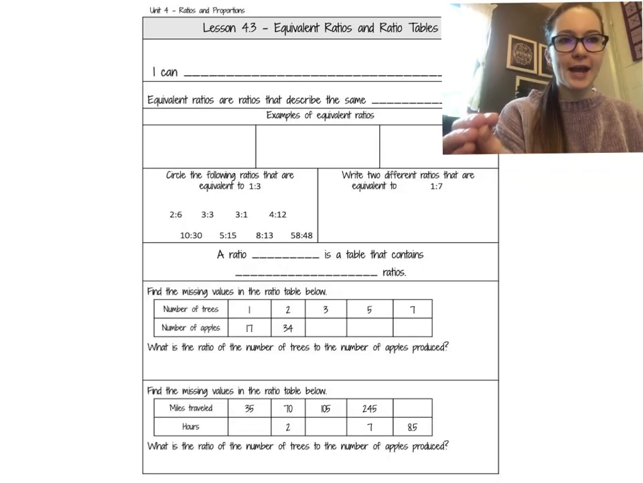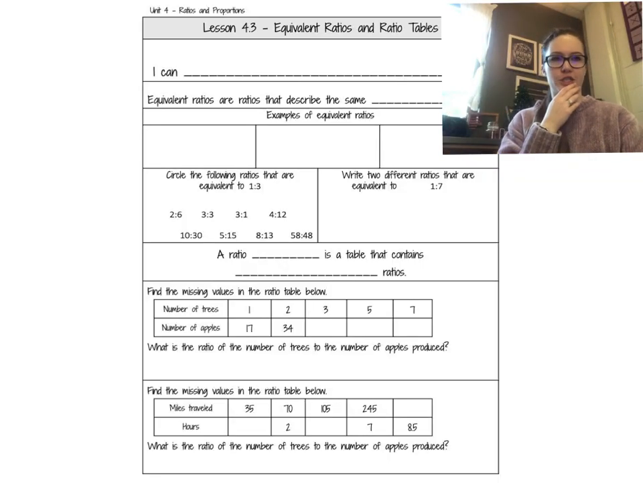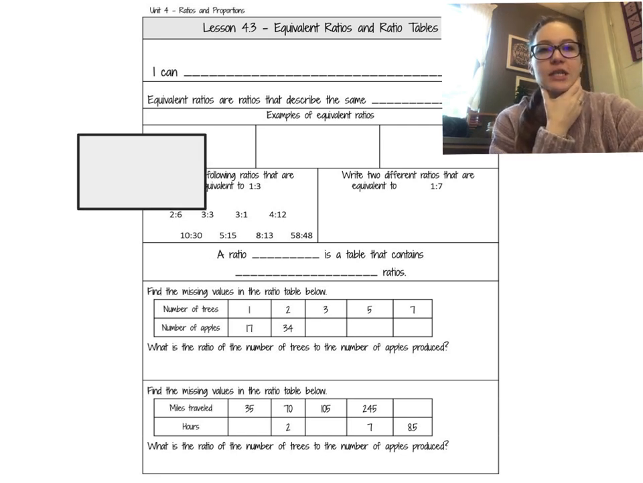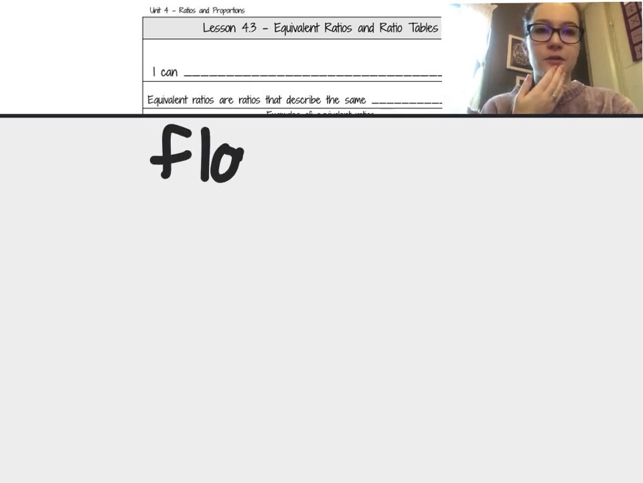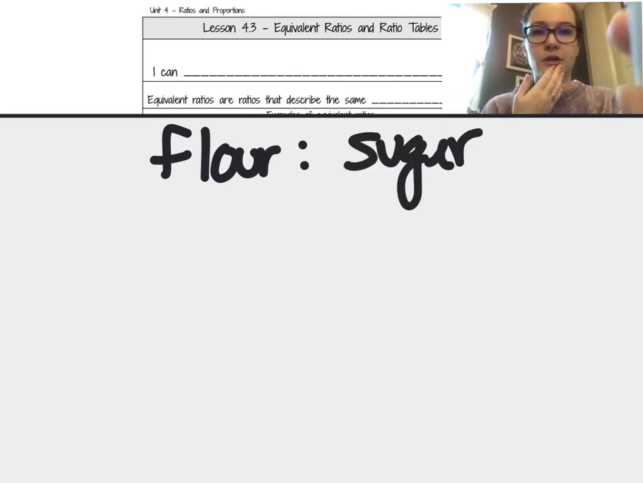All right, so let's chat about equivalent ratios. What does that mean? Equivalent ratios are ratios that describe the same relationship. So for me, I think about baking or like Kool-Aid, right? When you're baking, it's kind of about if I have this much flour, I need this much sugar. So if I have the ratio of flour to sugar, okay,